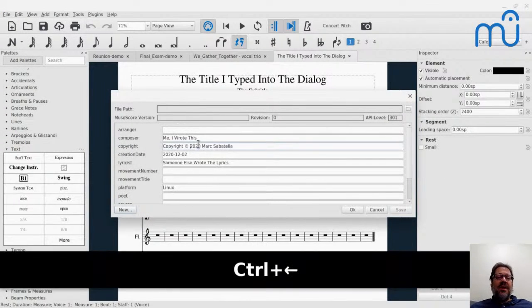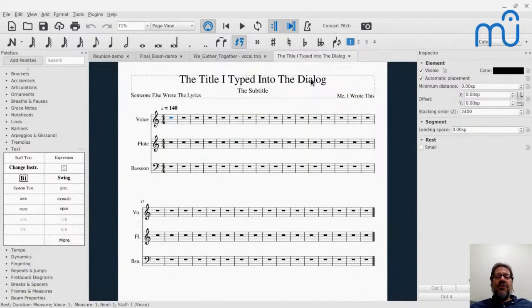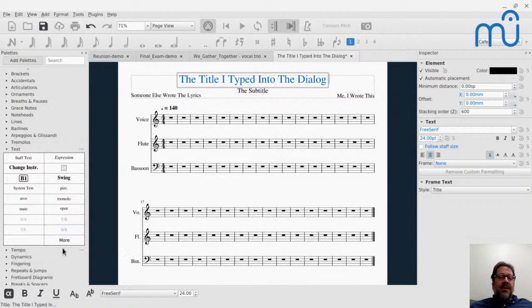If I had accidentally not gotten the copyright symbol right away, here's how I can do it. I can edit the title, and then down here, while you're editing text, you have this toolbar for changing bold. You can make individual letters bold. By the way, this text toolbar at the bottom is not something you would normally use to change the overall font size for your text. The inspector is where that's going to happen. I'll talk about that distinction in a little bit.